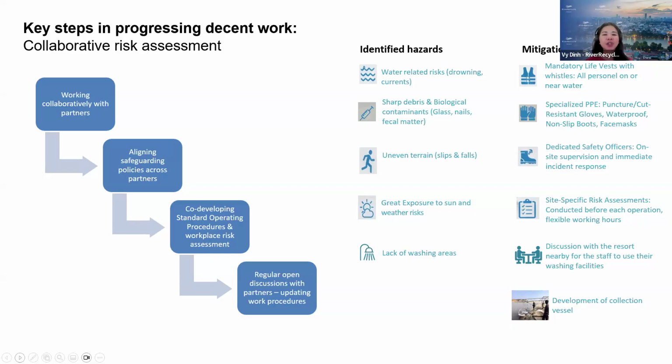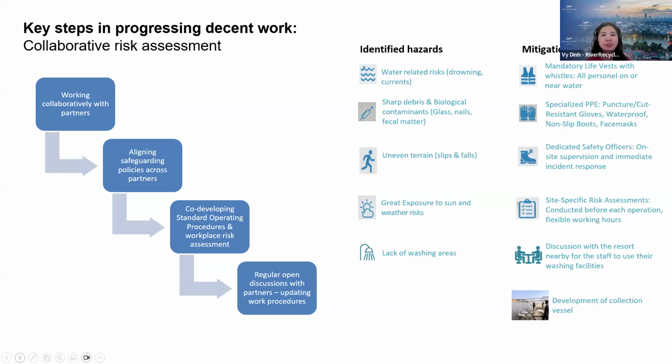And then one of the very important things for us is that we need to have regular open discussions with the workers. That is super important because one of the last risks that we identified is the lack of washing areas. It didn't come to us at the very beginning of the project. It came to us because our workers brought it up in those meetings. So we didn't really think of it. And then our workers expressed that they need some washing before they go home after work.